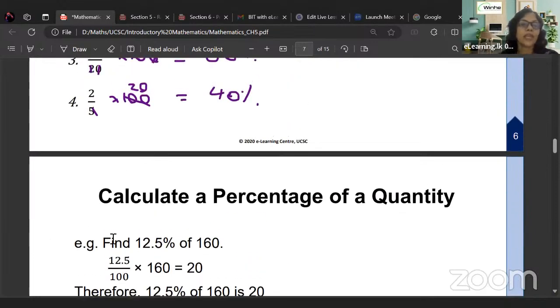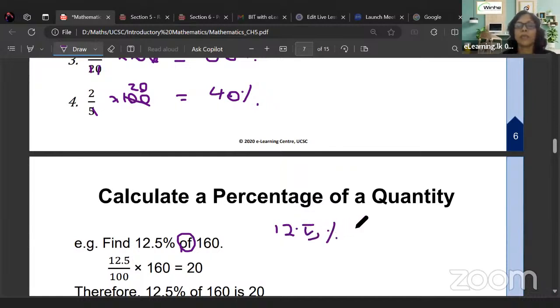Here you can see find 12.5% of 160. Right? When there is "of", what does that mean? That means 12.5